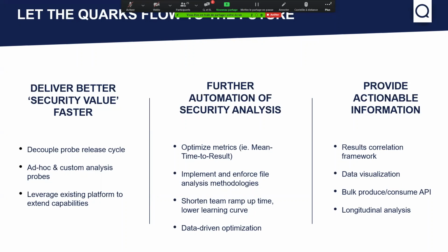It's a very interesting area to work in. And of course, there are other dimensions to a platform like this. Obviously, there's going to be a need for bulk consumption of results or bulk production of results or integration with other systems. So we will work on that.